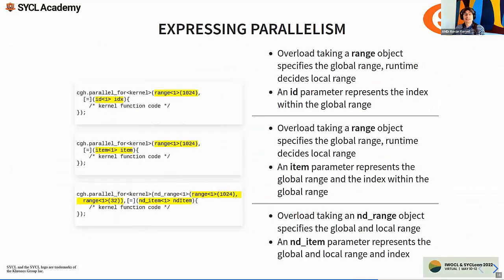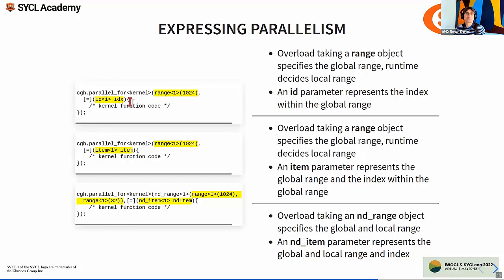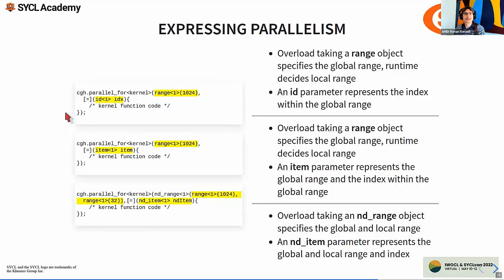So now we've seen how the computation can be organized in work items and how you can define variables in different memory levels. Now we will see how you can express parallelism in SYCL. So if you want to create several work items working on your problem, you use a parallel for